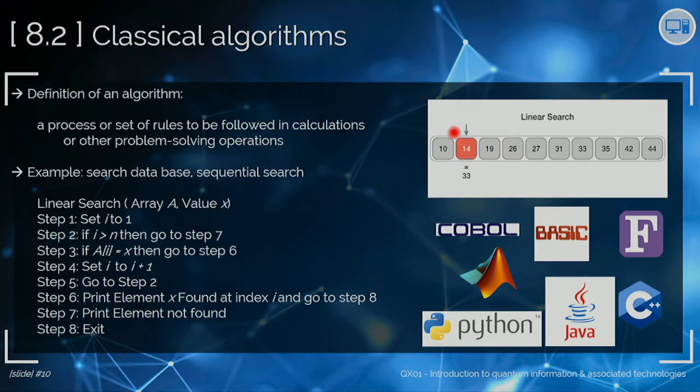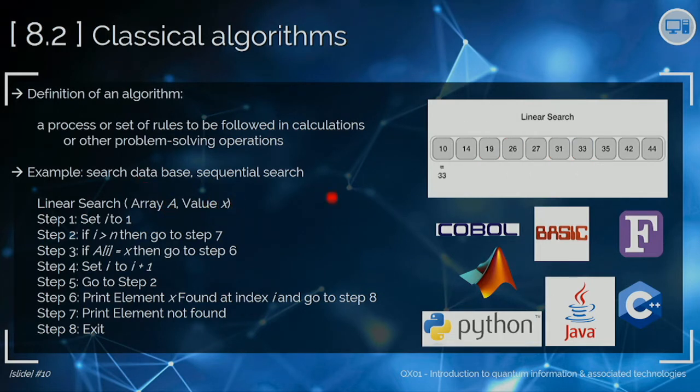So first one, 10, 14, 19, 16, 10, and then eventually you get to 33, which is what you want, and you stop the algorithm. Okay, so this is a classical example, and here is what it would look like. This would be an example of a linear search